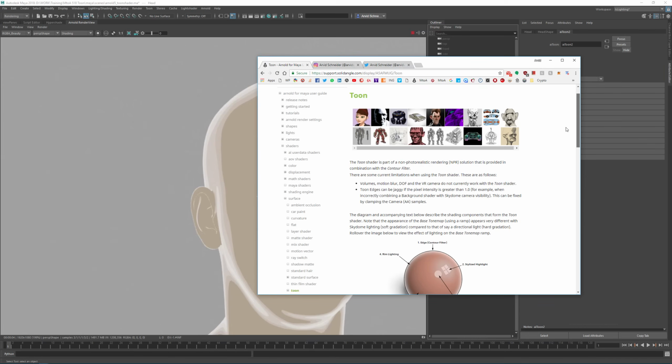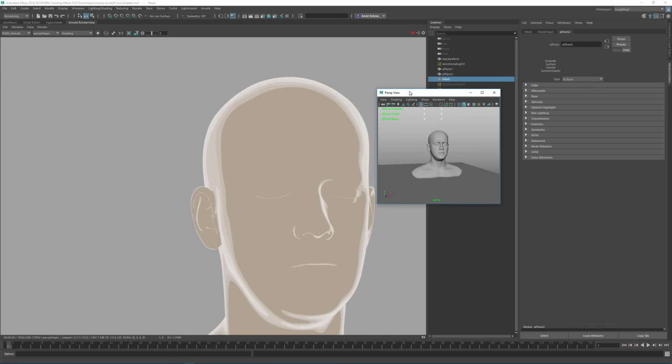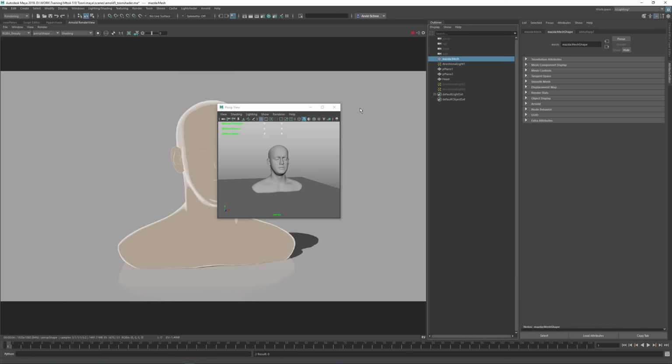And a few limitations: it doesn't work with volumes, no motion blur, no depth of field, and no VR camera. But based on that, I think you can still create lots of good images, and I will be showing you how to set this stuff up. And also I will be providing the scene files, so the Maya file with these 2 models. So you will get this head guy and the Mazda low poly car,